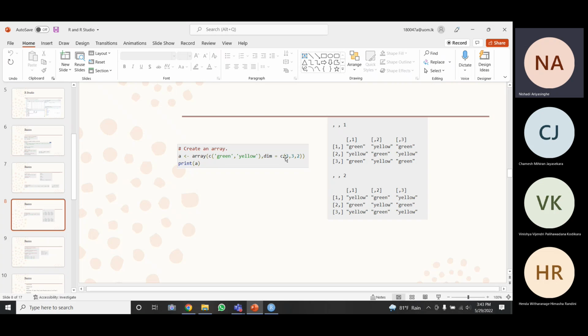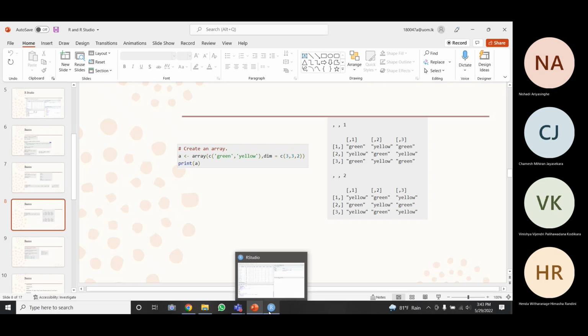The dimension will be 3 by 3 by 2. These are the x, y, z values. So x means the number of rows will be 3, the number of columns will be 3, and the number of z values will be 2. So I'll just create this array.